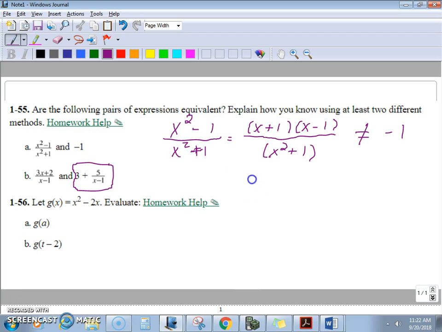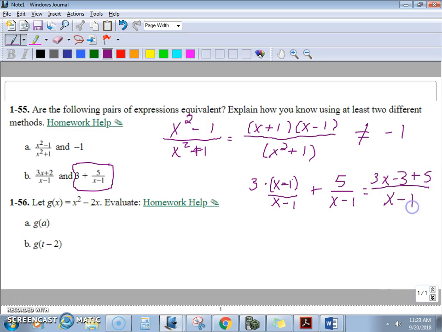If I want to make 3 have a denominator of x minus 1, I need to multiply both the numerator and the denominator by x minus 1. And 5 already has a denominator of x minus 1. My numerator then becomes 3x minus 3 plus 5